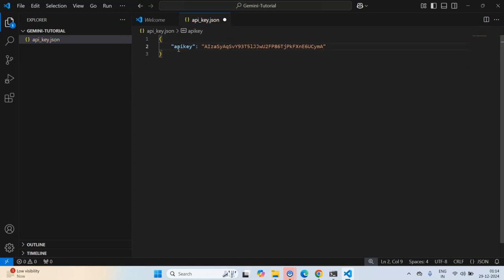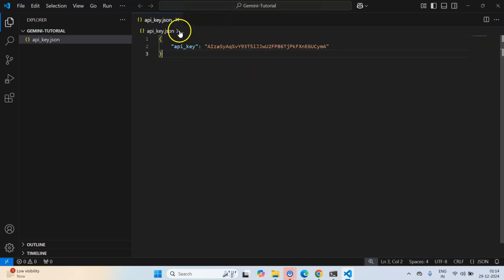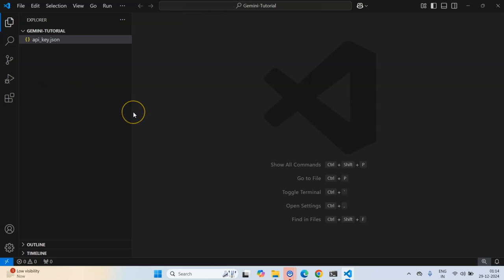So I have saved this key with the name of API underscore key. Now we have this JSON ready. Next we will be loading this into a Python file. So this is what is to be done to get the API key.